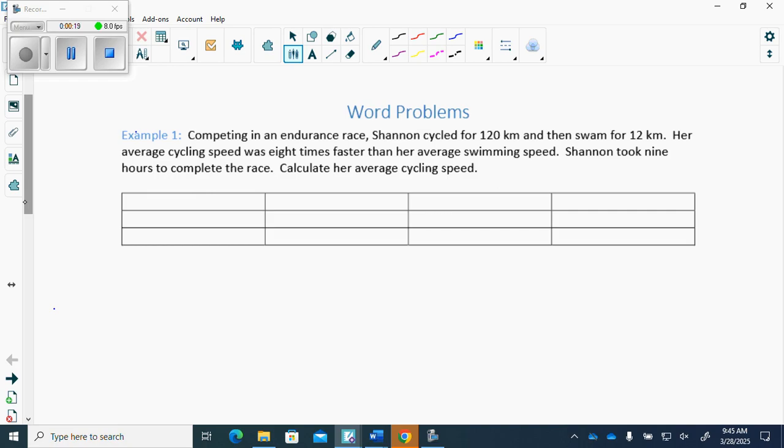And then swam for 12 kilometers. Okay? So we have cycling and swimming. So cycling